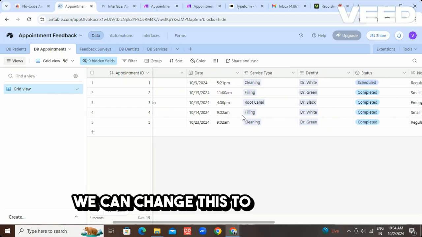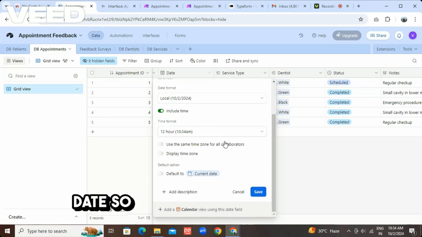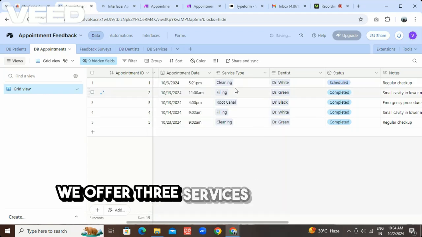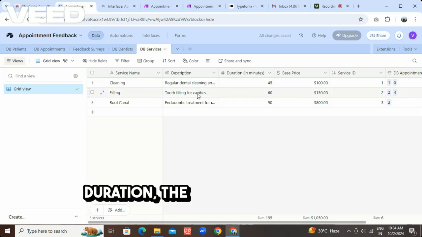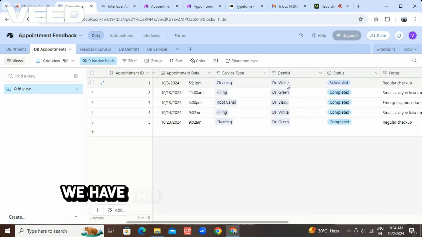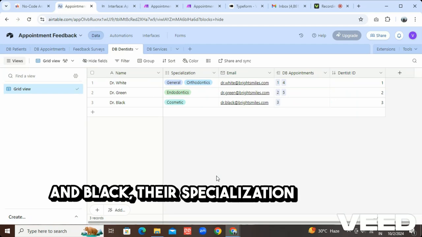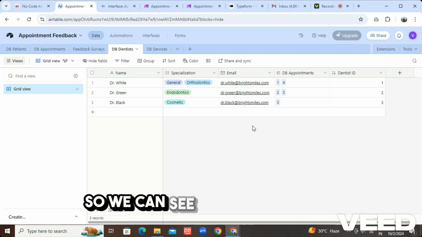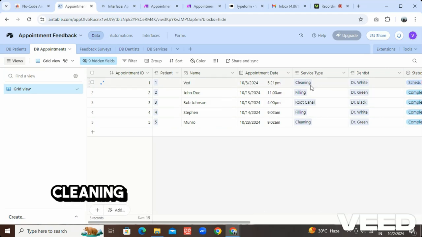We can change it to appointment date. And this is the service type. We offer three services, which we store here: cleaning, filling and root canal, along with the description, duration and base price for each service. Then we have the dentist. We have this lookup from the dentist table, where we have three dentists: Dr. White, Green and Black, their specialization and their email address. So we can see this appointment is for the cleaning service with Dr. White,